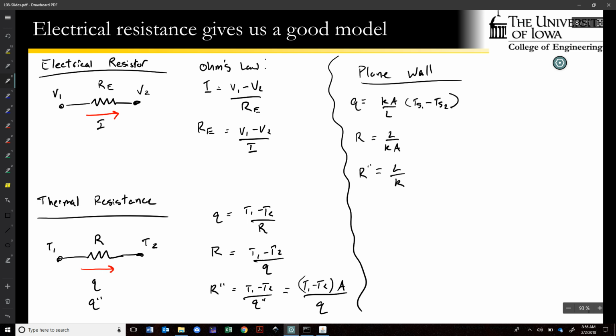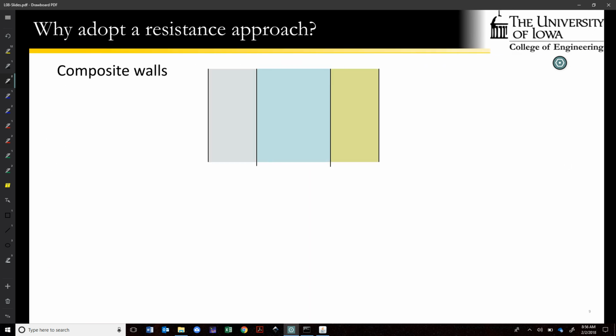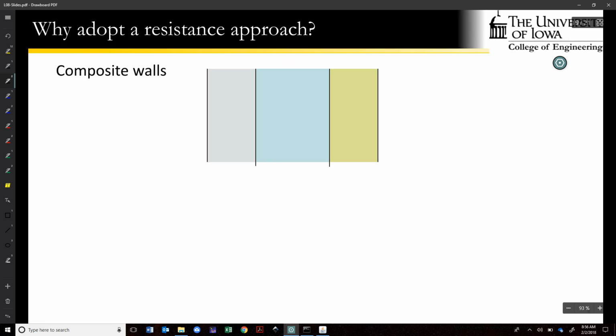Where this thermal resistance concept becomes really valuable is when you have what's known as a composite wall. So imagine that we take a plane wall and we stack on another plane wall and we stack on another plane wall on that. We'll say that each one has some